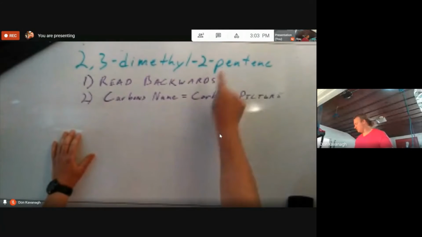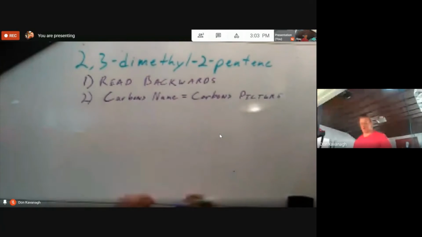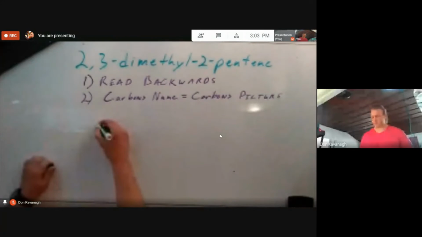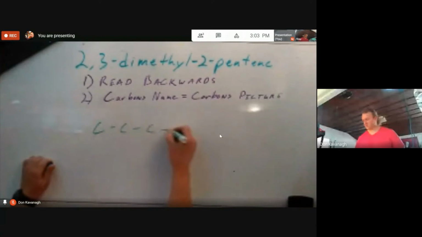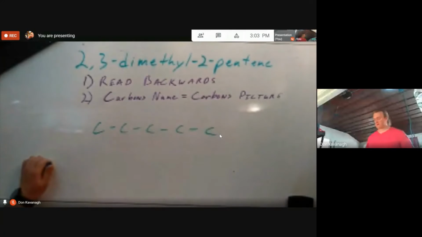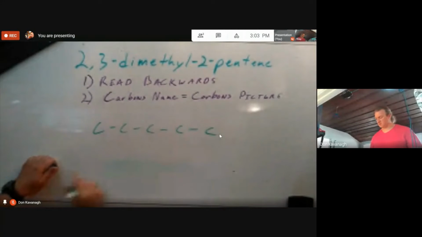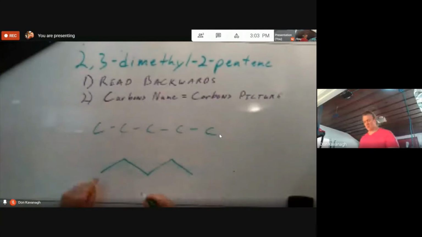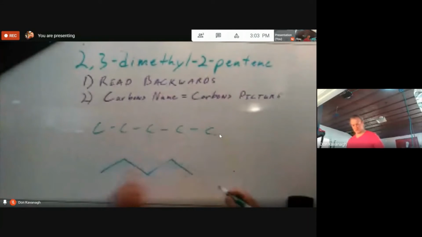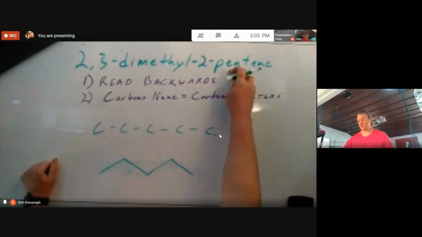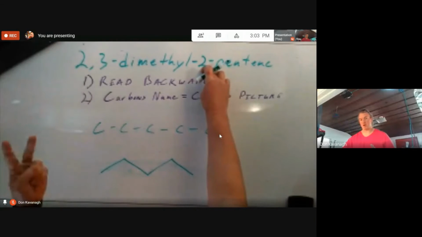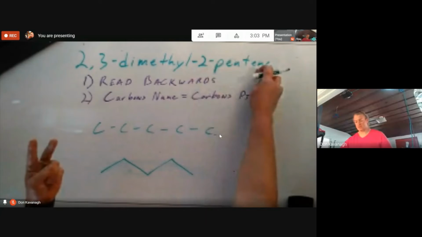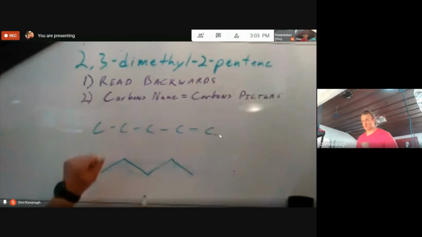Pentene, that's going to be 5 carbons. I'll draw it this way as well. 1, 2, 3, 4, 5. It is pentene 2, so that means on the 2 carbon, there's a double bond. So the second carbon, first, second,